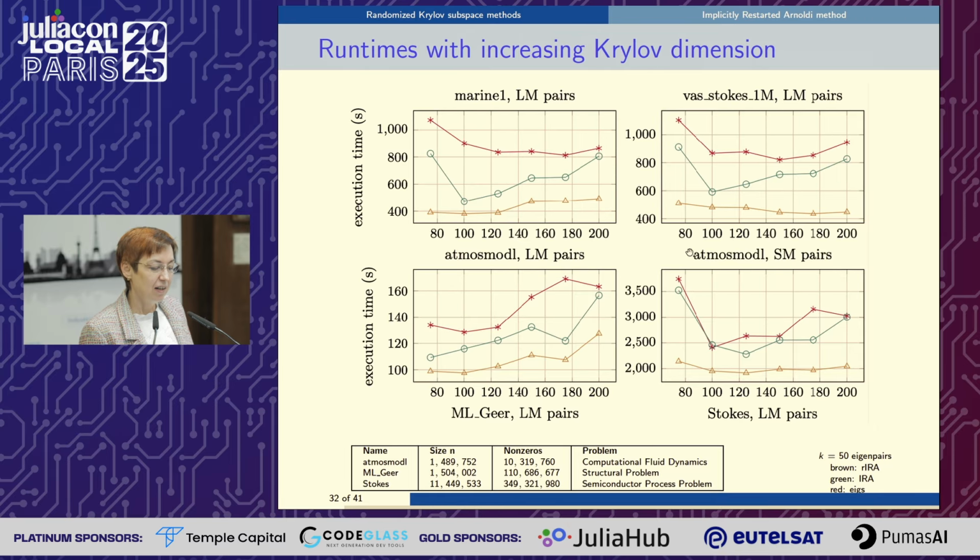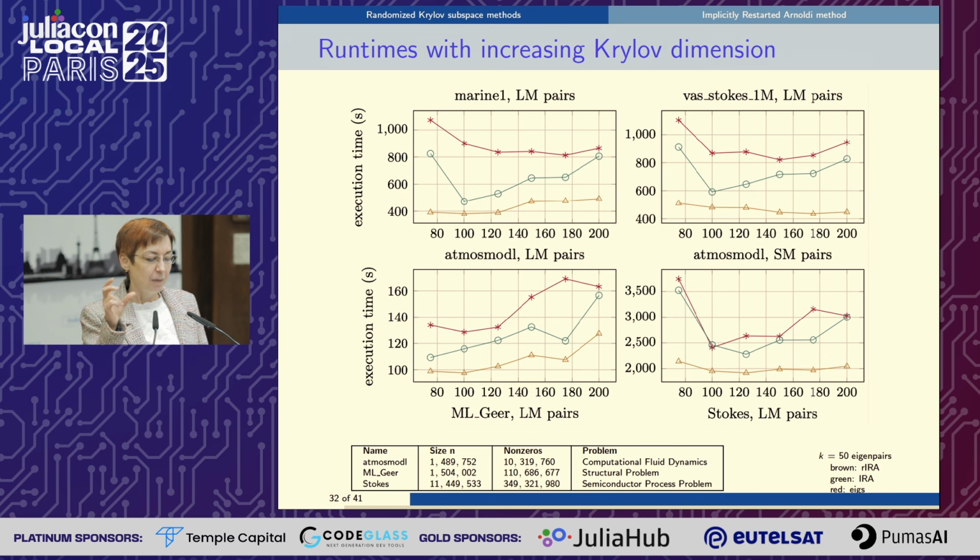What we have to do in these eigenvalue solvers is, if I know how many eigenpairs I want to compute, I have to choose the dimension of the Krylov subspace I'm going to build before I look at computing eigenpairs of the Hessenberg matrix. That's a parameter, and here we varied it from 80 to 200. There is a trade-off in how big the subspace is. The method typically will converge faster if you take a larger subspace, but in runtime you might not win because